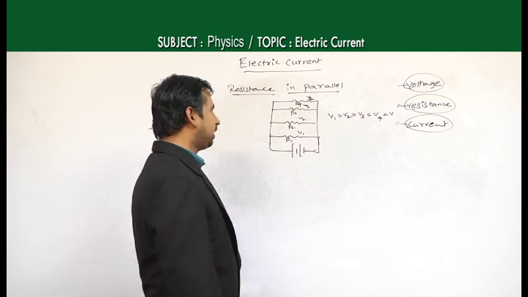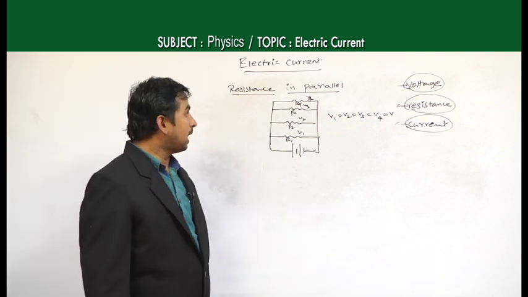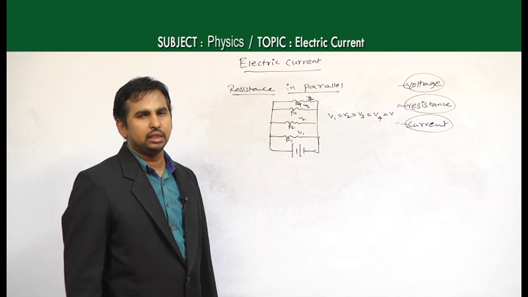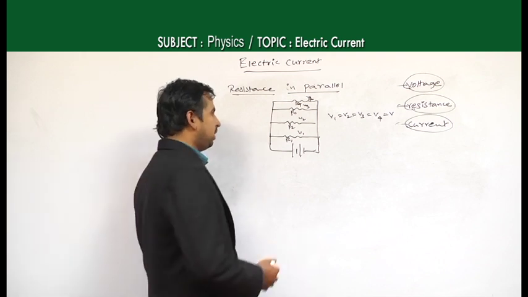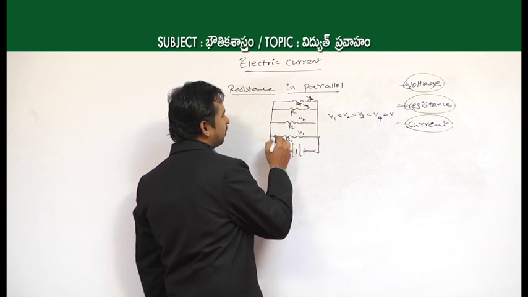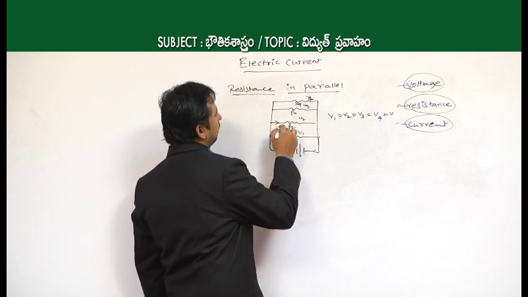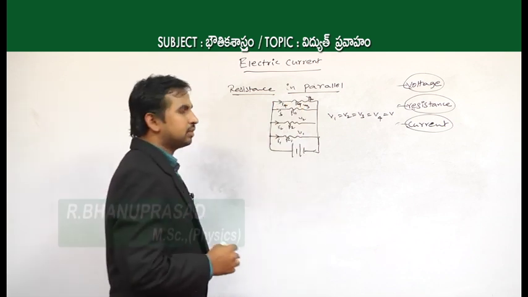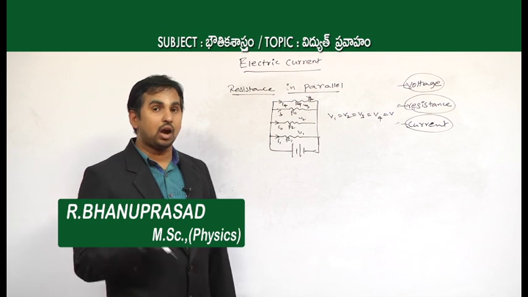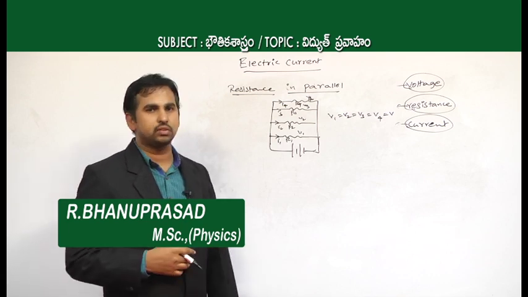But whereas if you are taking resistance values that are different, the current passing through each resistance will vary. So in the case of R1, there is a different current, here I2, here I3, here I4. In this case the current is different, and how that current varies with the resistance is,